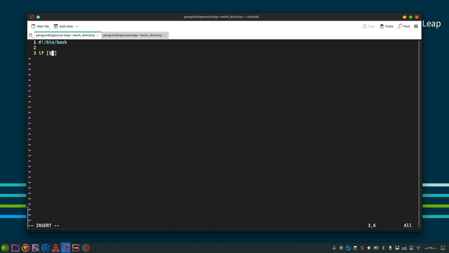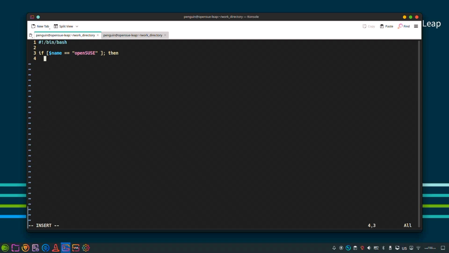You add your expression here, name equal, space, the name I want, openSUSE. Okay, and it means if the name variable, the value inside the name variable, is equal to openSUSE, you close the expression with this semicolon and you write then, enter,